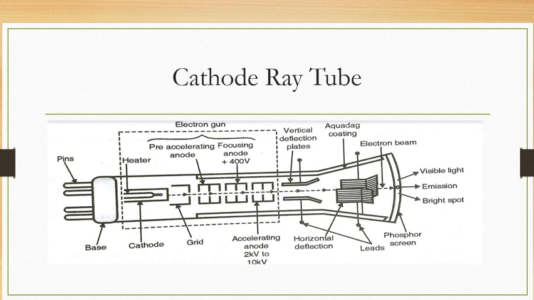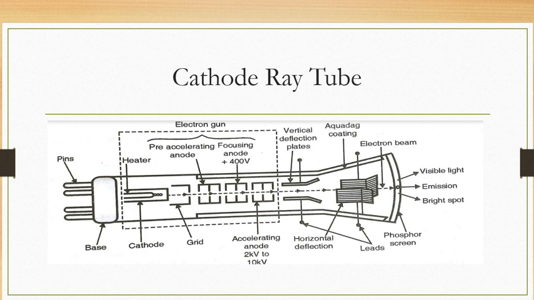Now one thing I want to discuss with you: generally the electron beam can be deflected either by means of an electric field or by a magnetic field. The deflection system we will study afterwards uses vertical and horizontal deflection plates, but before that you must know that there are two types of deflection systems. One is the electric field, also called electrostatic deflection, and the other is the magnetic field, also called electromagnetic deflection.